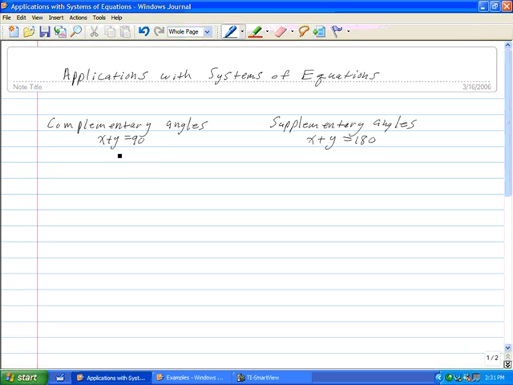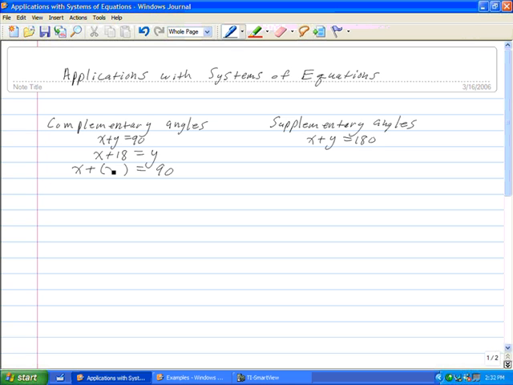The problem might read, two angles are complementary. Find the two angles if one is 18 degrees greater than the other. So, complementary gave us one of our equations. Our other equation says one is 18 more than the other. So there is our second equation. We can solve this through substitution. Since I know what y equals, I can take the first equation,